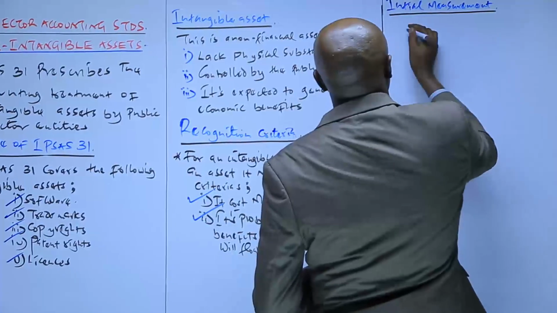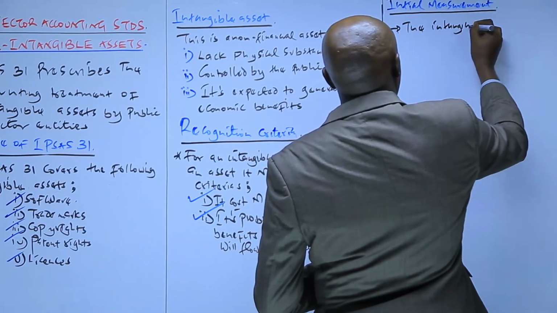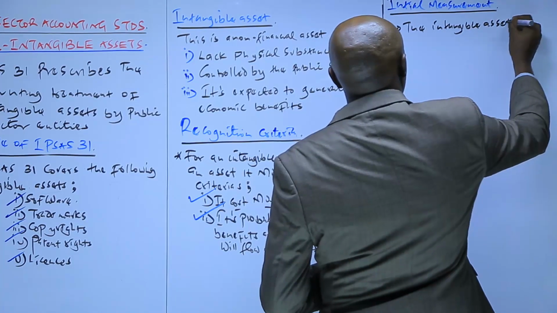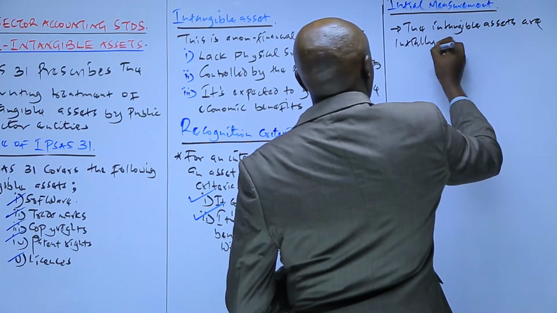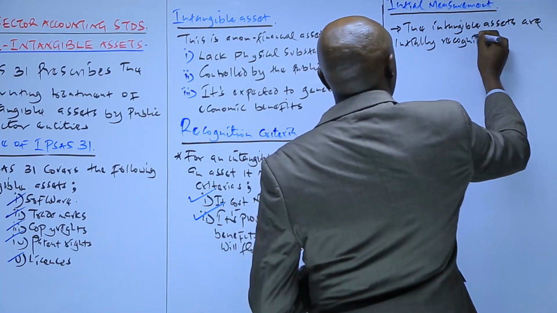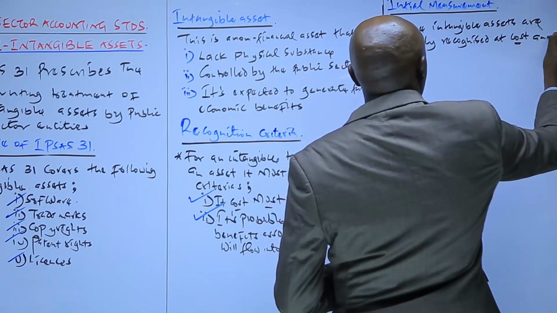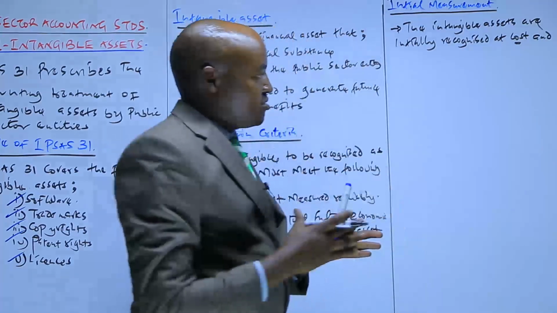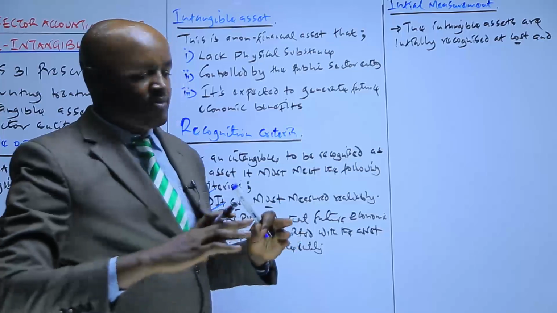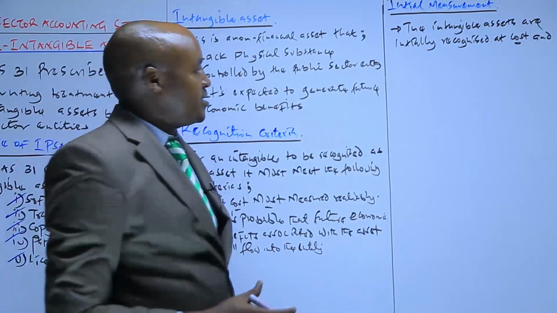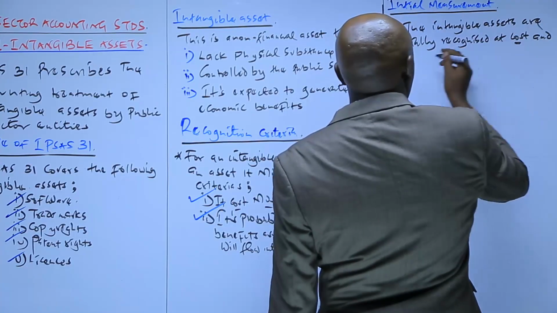In this case, we can say that intangible assets are initially recognized at cost. Basically this is the amount which has been incurred by a public sector entity in acquiring or producing a certain intangible asset, initially recognized at cost,